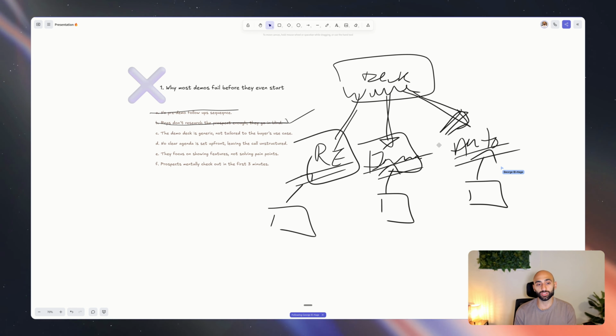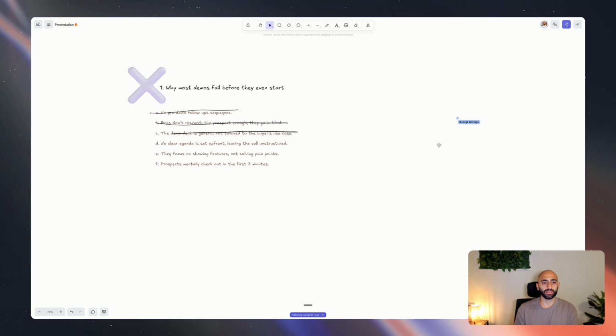And it's a lot stronger than, hey, this is a tool for everybody and it works for hundreds of different industries. So you really want to tailor to your buyer's use case and hone in your messaging in your demo deck or your presentation. All right, so the next thing is no clear agenda is set up front, leaving the